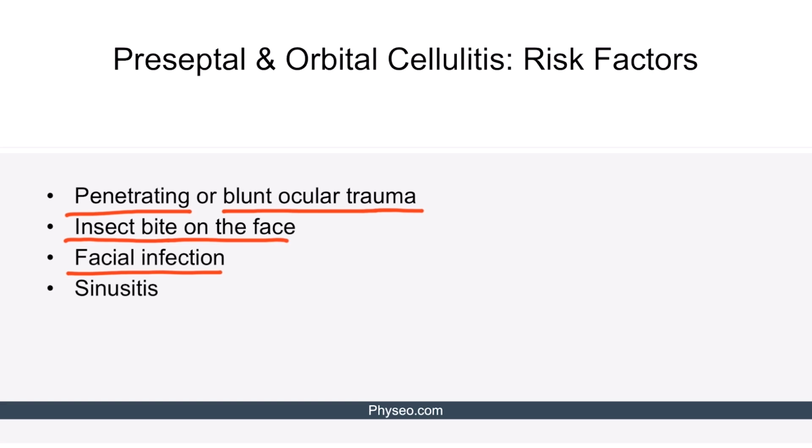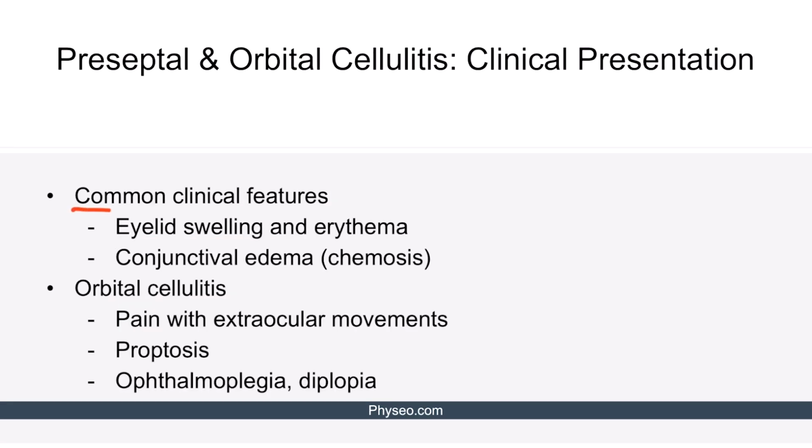Therefore, bacteria introduced by insect bite or previous facial infection can reach the preseptal and orbital spaces via the venous system. Finally, sinusitis can predispose to preseptal and orbital cellulitis due to contiguous spread of bacteria from the sinuses to the preseptal and orbital spaces. The common clinical features of preseptal and orbital cellulitis include eyelid swelling and erythema and conjunctival edema, also known as